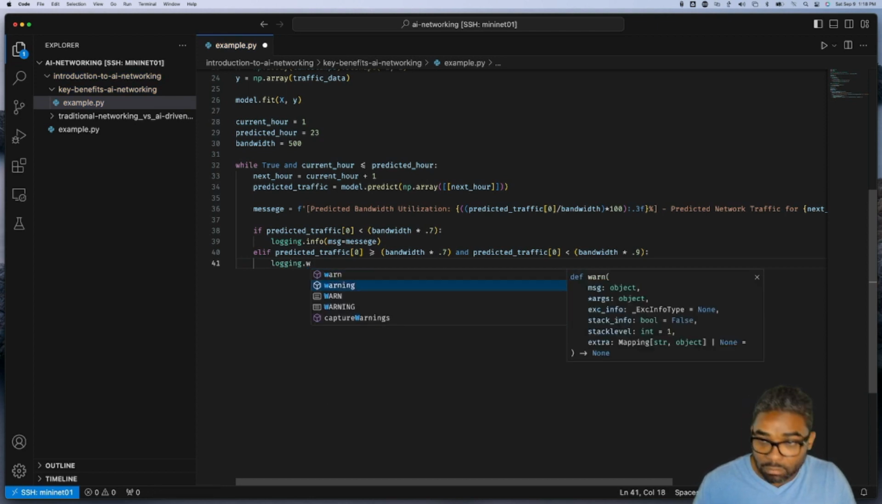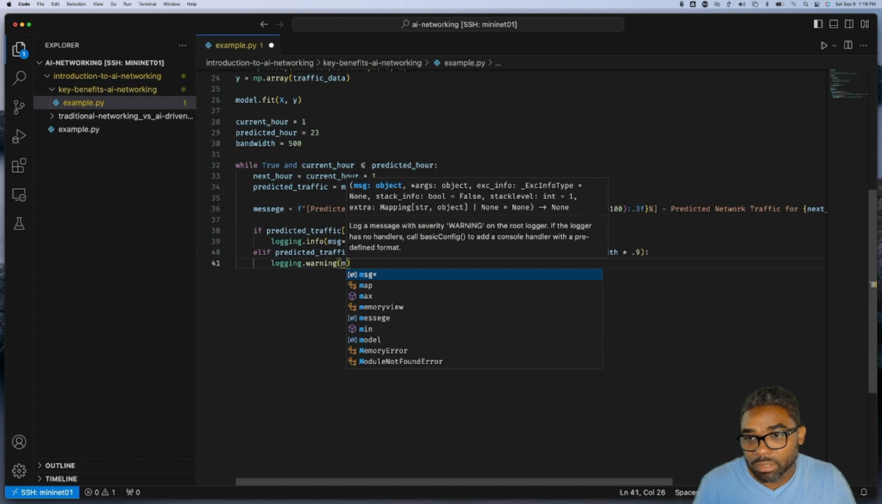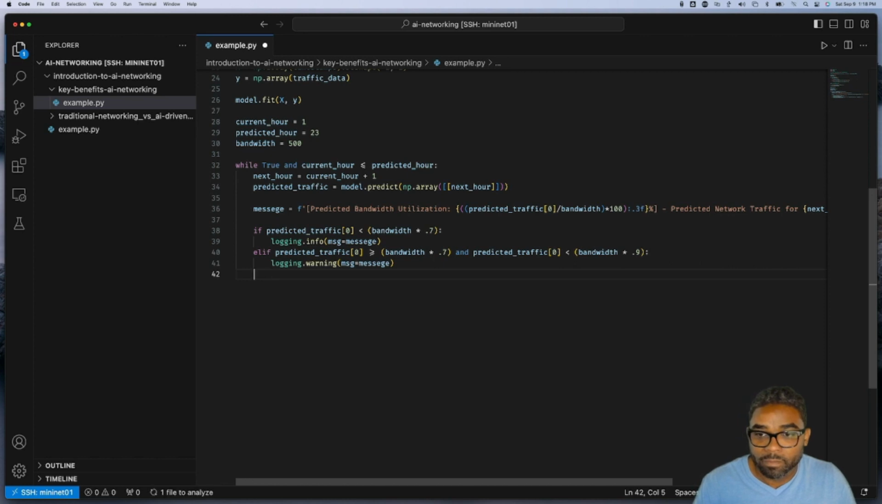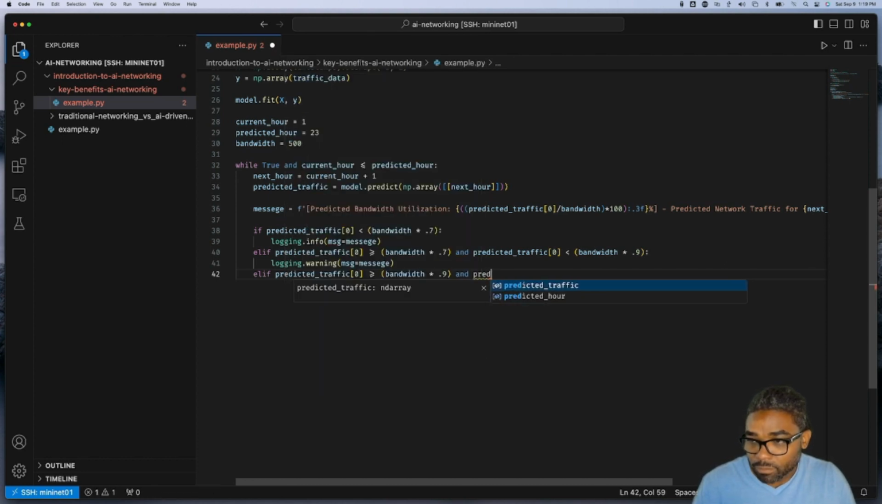logging.warning, and then the message will be message. Awesome. And then we need another else if predicted traffic flow is equal to or greater than, in this case, bandwidth times 0.9, which is 90%, and predicted traffic